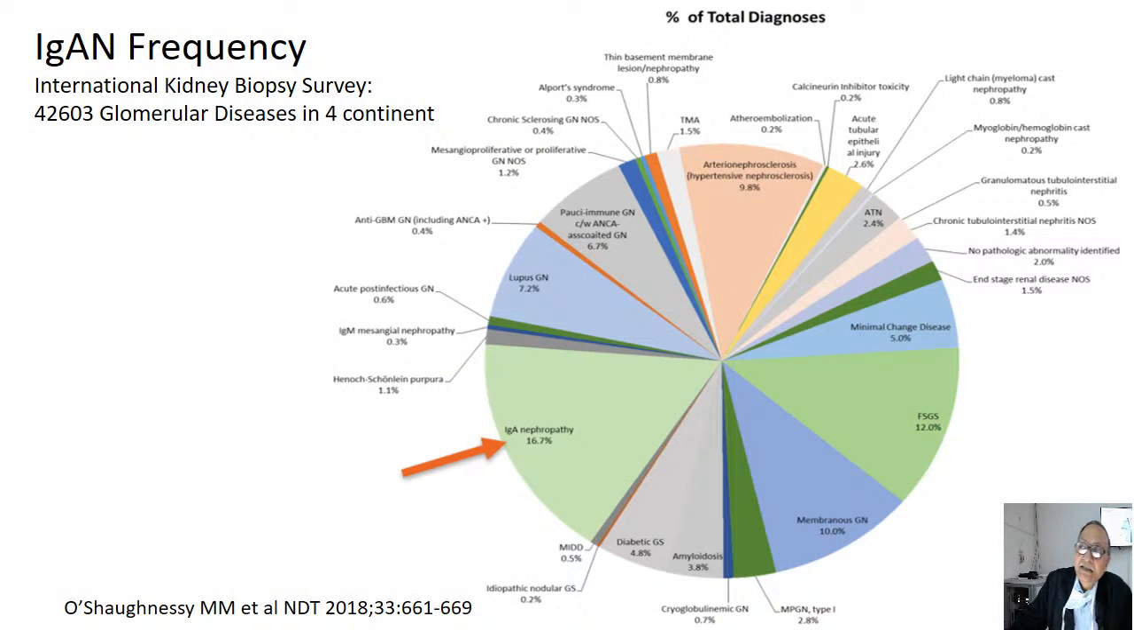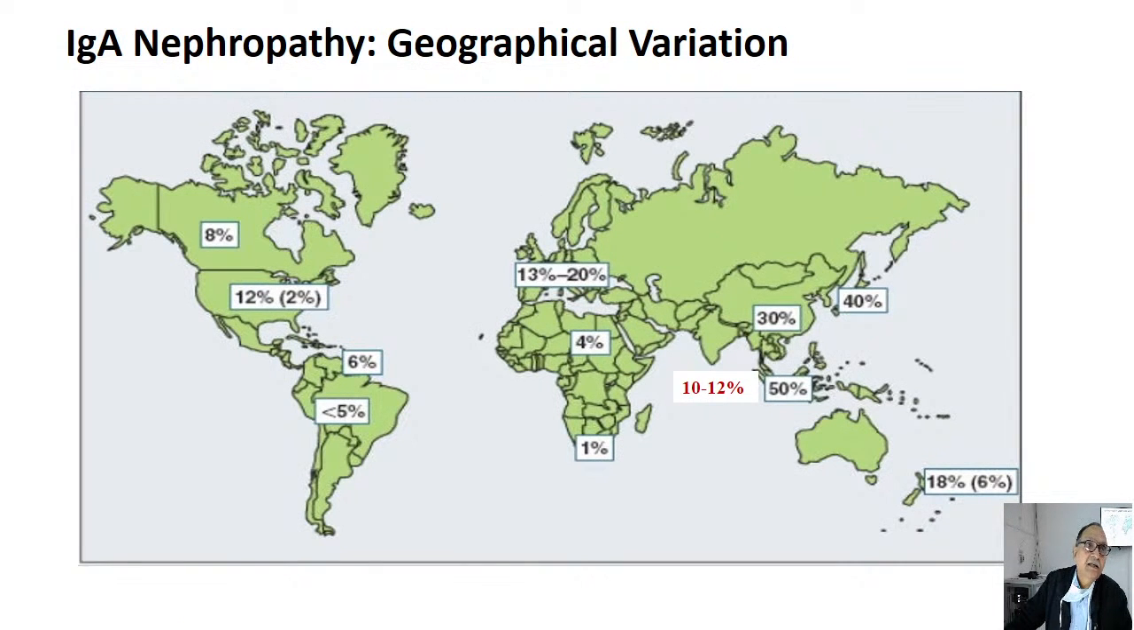Now, this is a survey published in 2018, the International Kidney Biopsy Survey covering 42,000 patients. And if you see the commonest glomerular disease among various primary and secondary glomerulonephritis, it is IgA nephropathy, approximately 60%. This covers 4 continents. In the world, there is a potential burden of disease in terms of IgA nephropathy. Across the world, it varies from 6% to 40%. In the Indian continent, which is covered by the subsequent